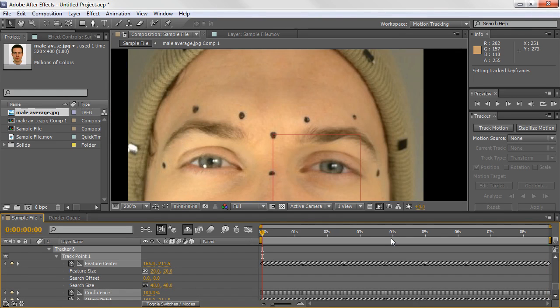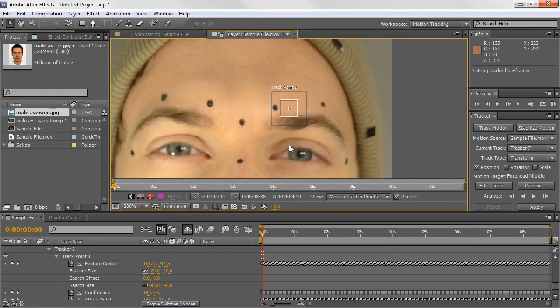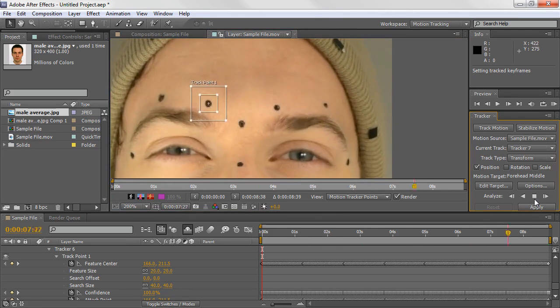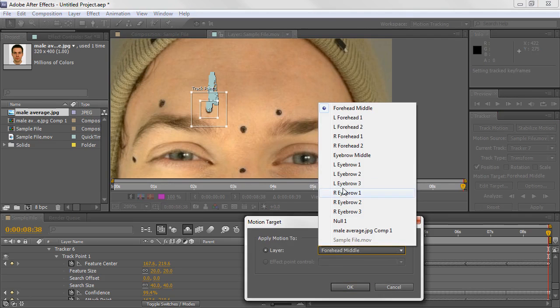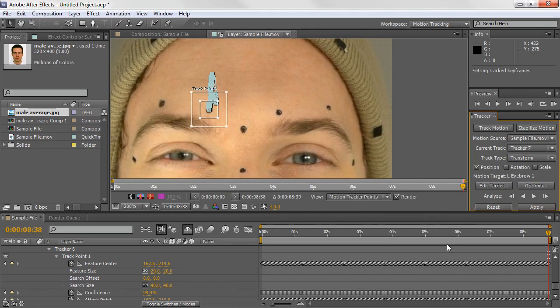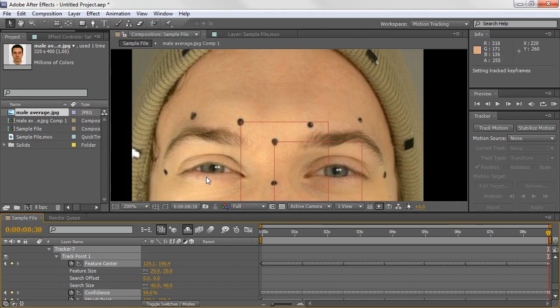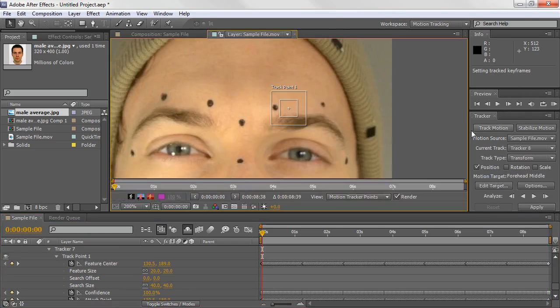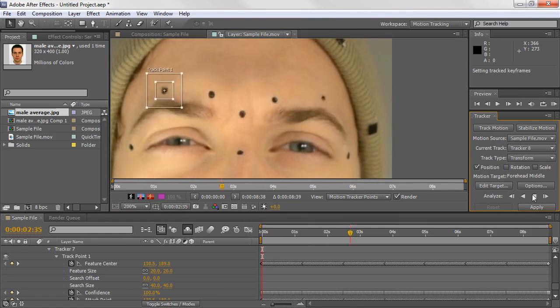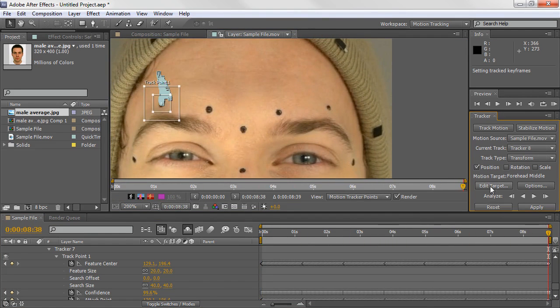Then hit home on the keyboard to go back to the first frame, track motion. Let's go for left eyebrow 1, edit target, left eyebrow 1, OK, apply X and Y, OK. Home on the keyboard again, track forward, edit target,